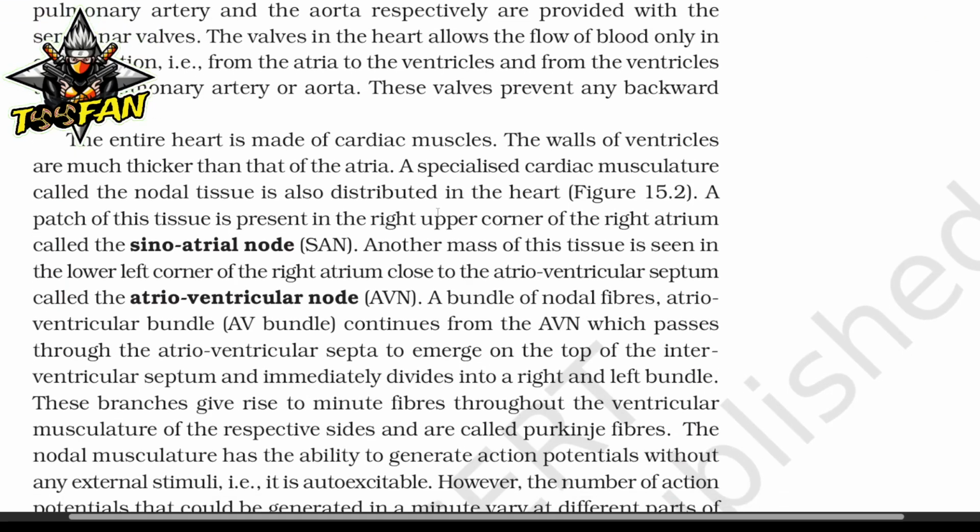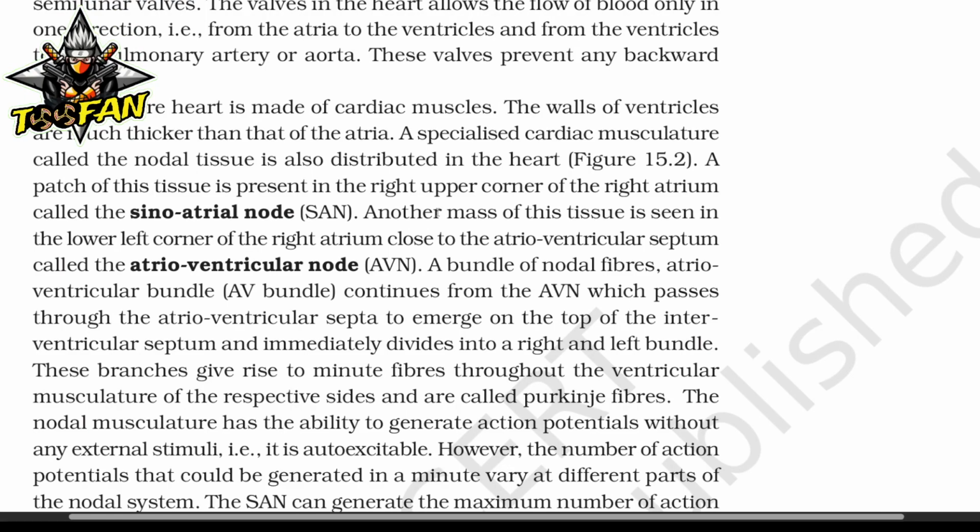The entire heart is made up of cardiac muscles. The walls of the ventricles are much thicker than those of atria. A specialized cardiac musculature called the nodal tissue is also distributed in the heart. A patch of this tissue is present in the right upper corner of the right atrium called the sinoatrial node, and another mass of tissue is seen in the lower left corner of the right atrium close to the atrioventricular septum called